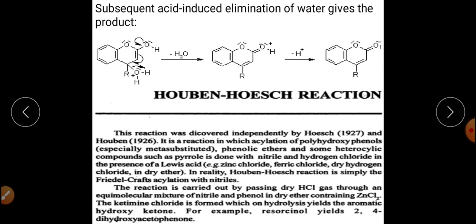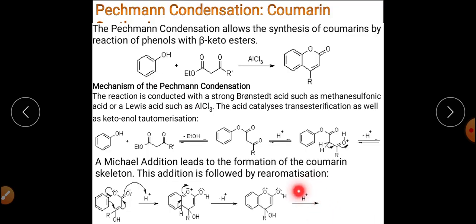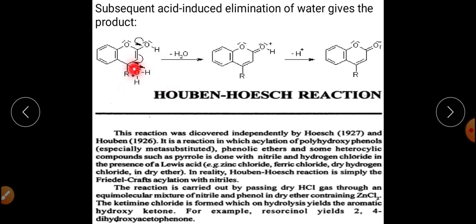And this skeleton on further abstract the H positive in this step, and after abstraction of H positive it will get converted into H2O positive, after which the water molecule will be eliminated out, aromatization will happen and it will get converted into finally this product, and this reaction is called as the Pechmann condensation reaction. So synthetically this reaction is also a very important reaction, that it forms the coumarin by using the phenol and beta keto esters. Now the last reaction in this chapter is the Hoben-Hoesch reaction, in which